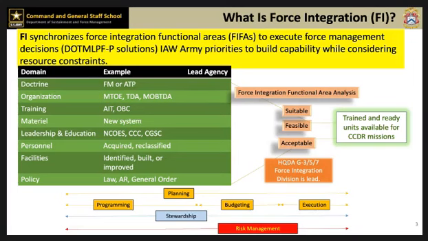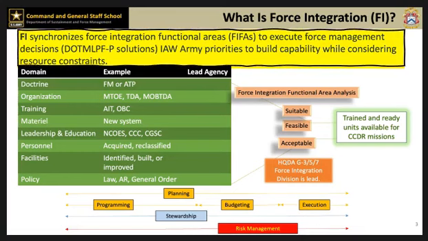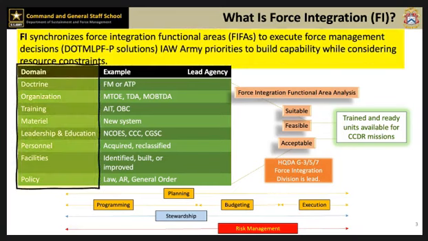So the intent of this slide is to show how the DOTMLPF domains fit into the greater force management process and model. Force integration ensures all the actions being developed in all domains come together in time and space at an installation, motor pool, or facility to change or create a unit. This begins with assessing DOTMLPF solutions. Then, as the process moves along, the headquarters